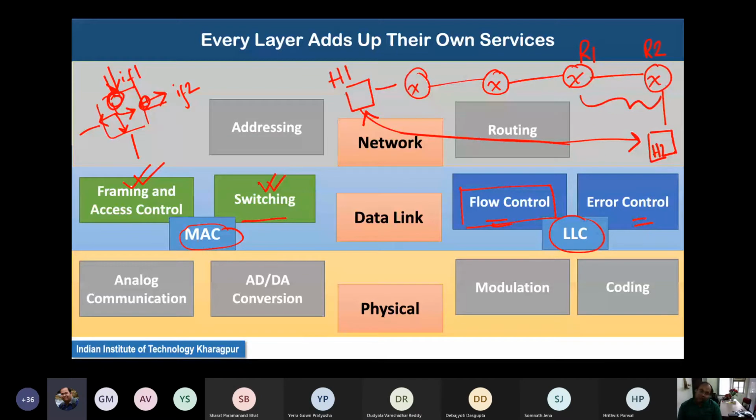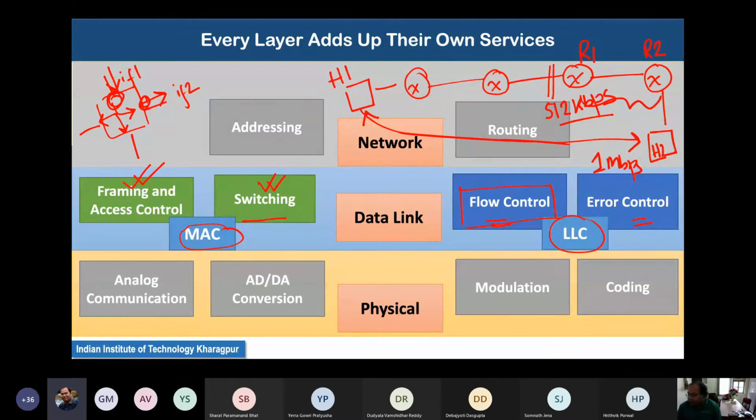Now, if you are only doing that, H1 can only find out that H2 can receive at a rate of 1 Mbps, and H1 starts transmitting the data at a rate of 1 Mbps. But assume that there is an intermediate device and that device can only transfer data at a rate of 512 kbps. If you are only supporting end-to-end flow control and you are not supporting parallel flow control, or the flow control at the data link layer, then H1 will keep on transmitting at 1 Mbps, but the data will get buffered at this particular device and will not be able to forward further.